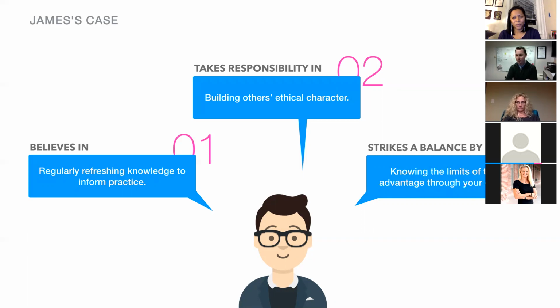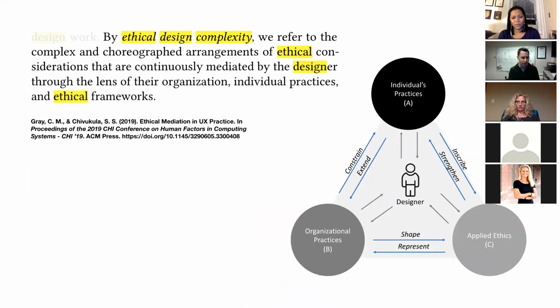advantage through your design. So obviously, to sell something, you're going to have to engage in some sort of value exchange, but to be very aware of what that value exchange looks like and to know why you're making a decision before you make it, rather than just dealing with the impacts later on. So this resulted in this sort of preliminary diagram of ethical mediation.